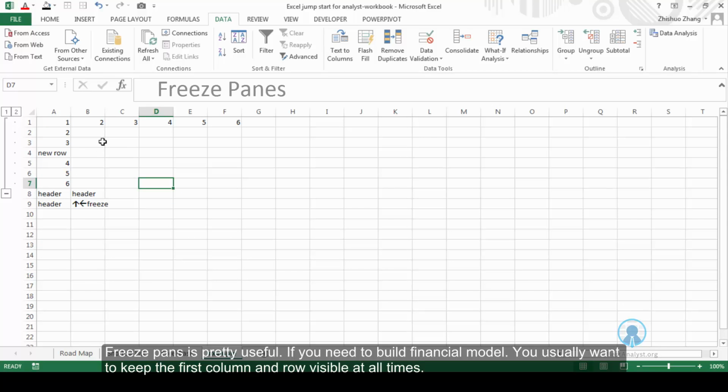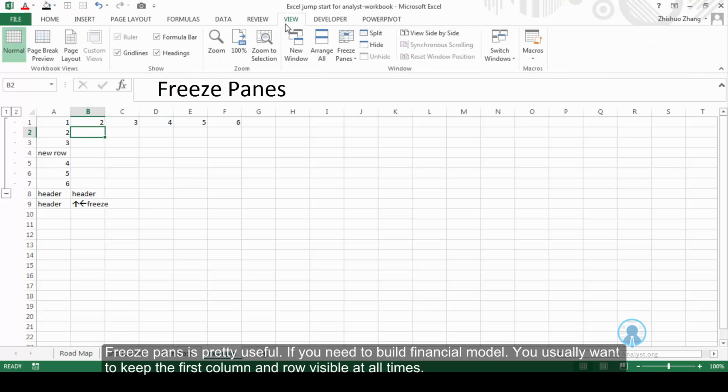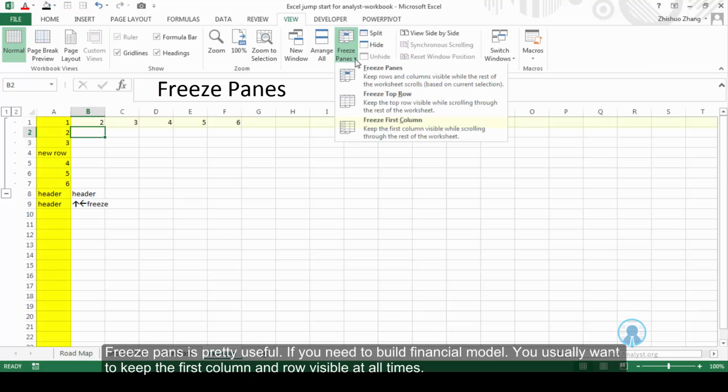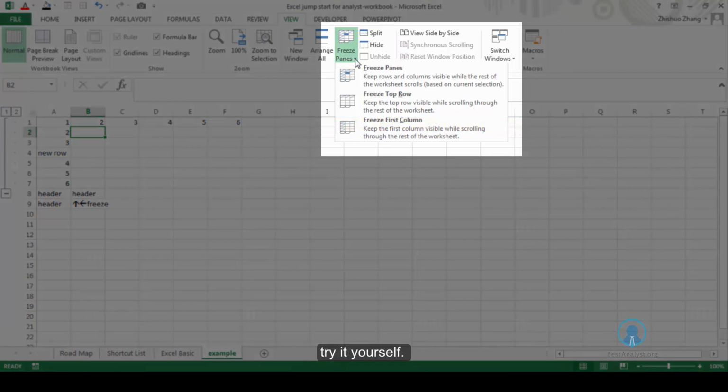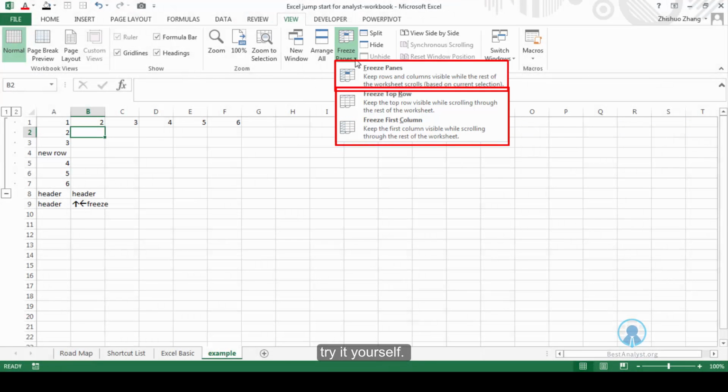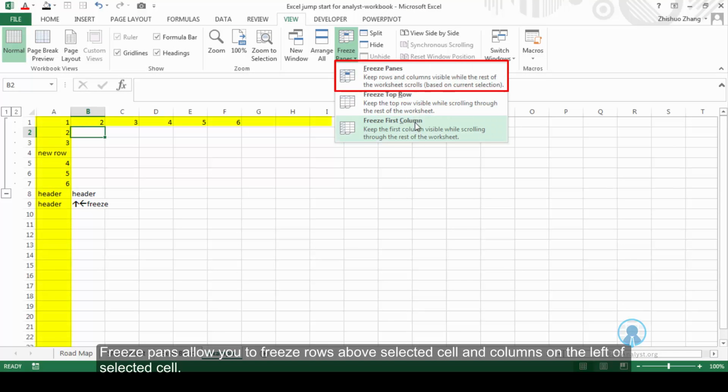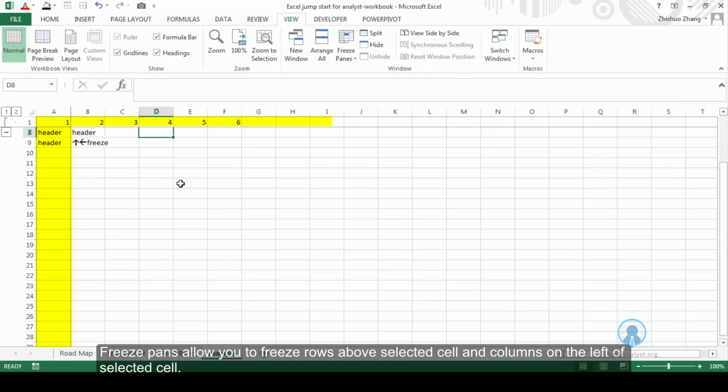So let's talk about freeze panes. Freeze panes are useful if you need to build a financial model. You usually want to keep the first column or row visible at all times. So go to View tab and there are 3 options under freeze panes. You can freeze the top row, first column, and freeze panes. You can try them yourself, but freeze panes allows you to freeze rows above the selected cell or columns on the